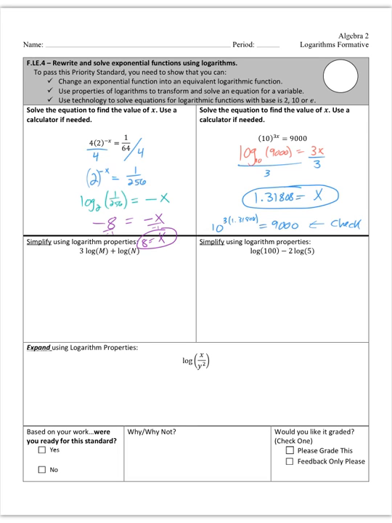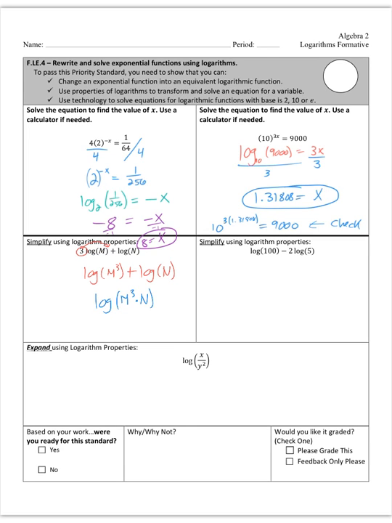All right, down here, again, I'm going to go through these really quickly just so you have access to them. I'm going to use one of the properties and say, oh, I know that 3 can come up as a power, so I got log of m cubed plus log of n. And then I know that if I have 2 logs being added together, then they multiply on the inside. So this is log of m cubed times n,